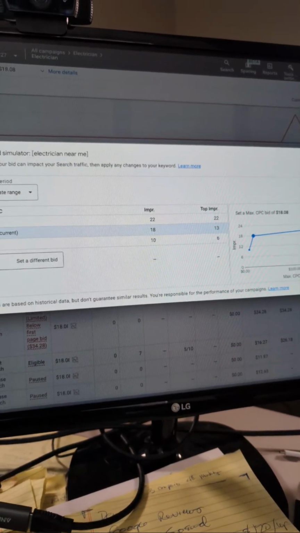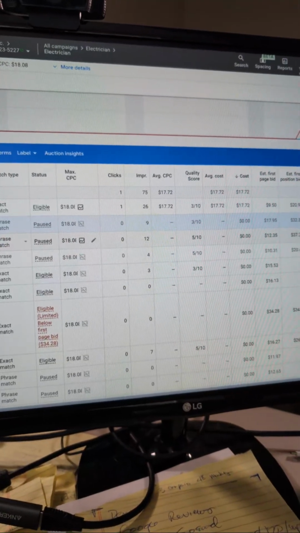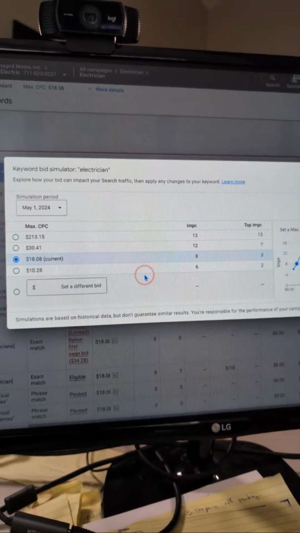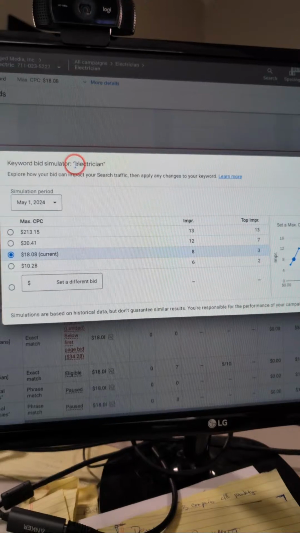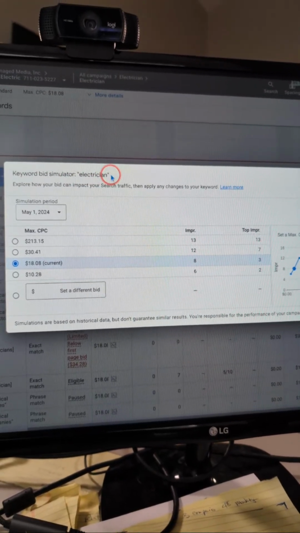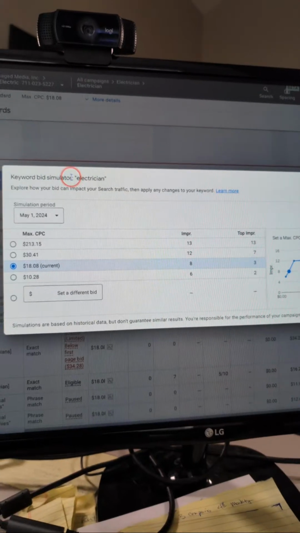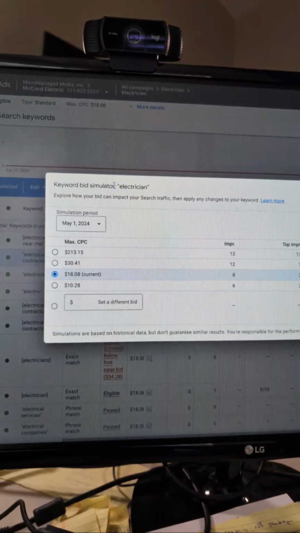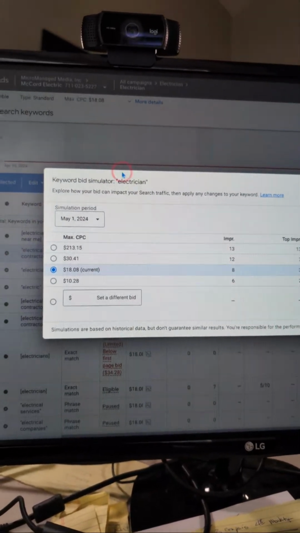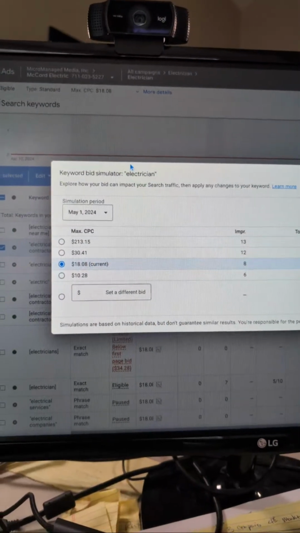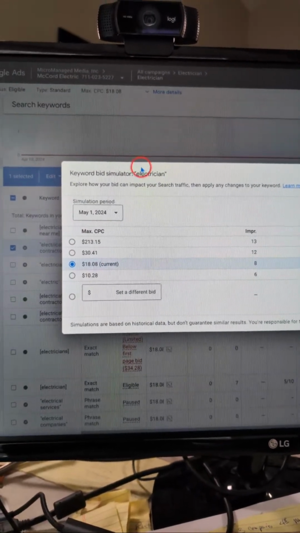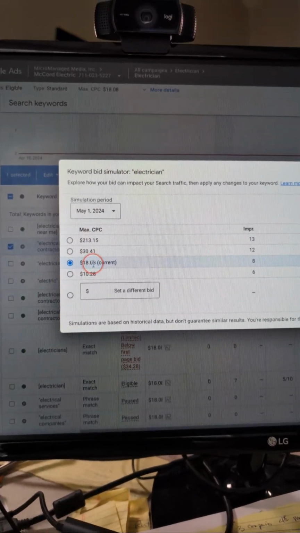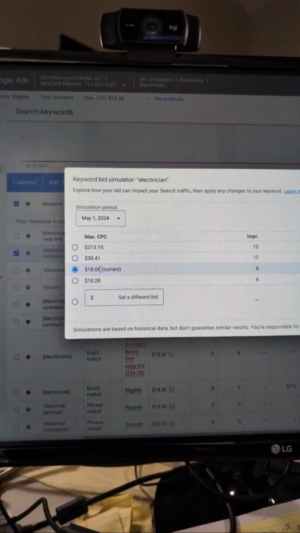So even if their data is correct, the main keyword that I was investigating a moment ago when I decided to do this was just simply the term electrician. And I don't run any pay-per-click campaigns anymore with broad match terms. I run very few with phrase match terms. Everything is exact match because Google has broadened their definition of what they think a phrase match term is, if that makes sense. Anyway, we're bidding $18 per click on this key term.